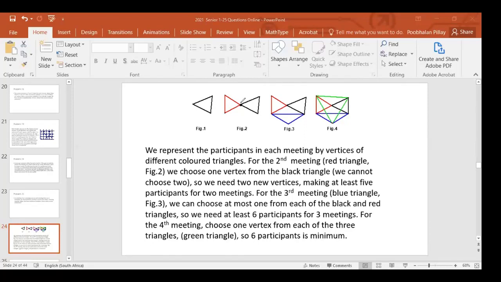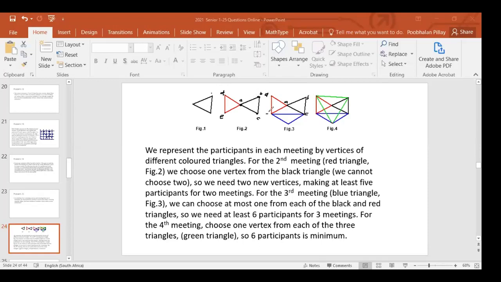So you got, these are the 3 people in the committee, call it A, B, C. And then here you can't have either B or C, right? No 2 people should come to the committee meeting at the same time. So you have 2 new people. You call it D and E maybe. So now you got A, you got B, C, you got D, E.